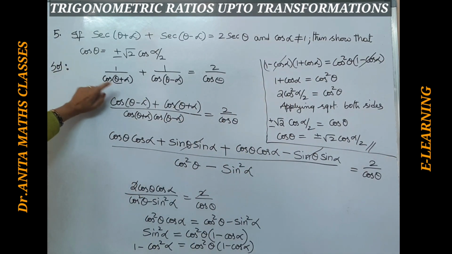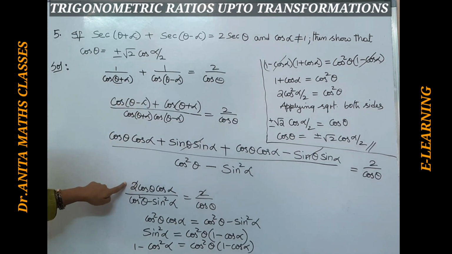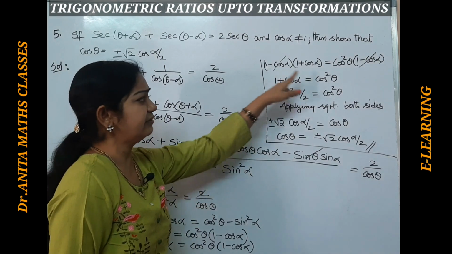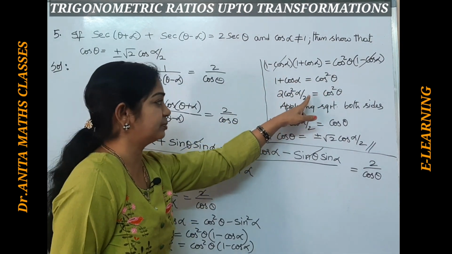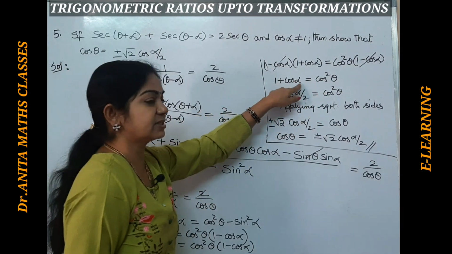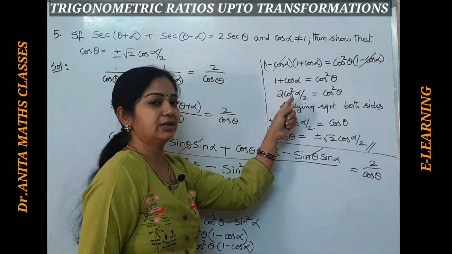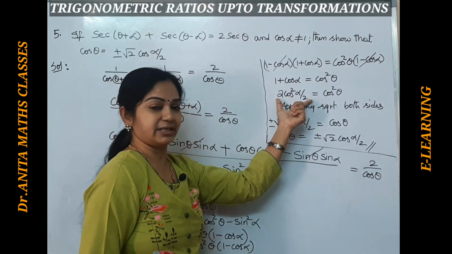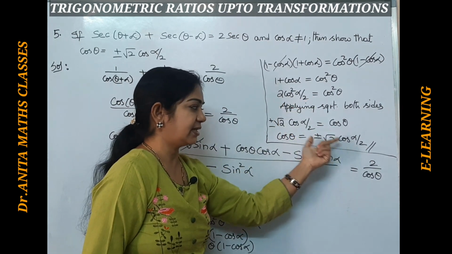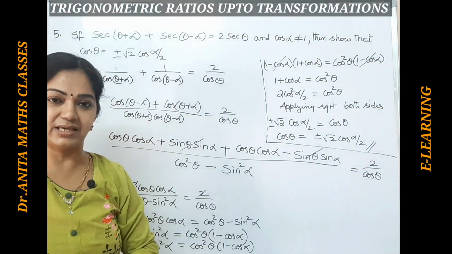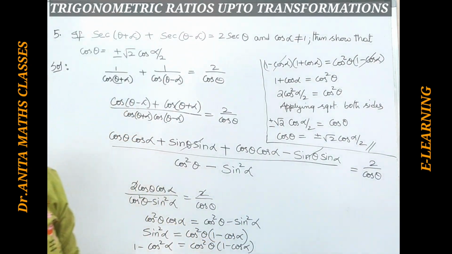Here what we have done, we have first taken the LCM part, we have shifted into the multiple angles, then we have cancelled both sides cos to bring it into, here it is only cos alpha, since the answer is in alpha by 2, so we brought it into the angles formula, submultiples angles formula, then we got the answer by applying square root both sides. So with this we will end the class and we will see the remaining problems in our next class. Thank you all.